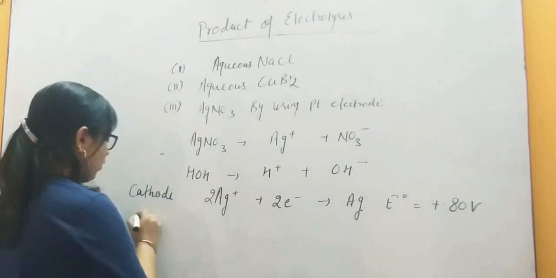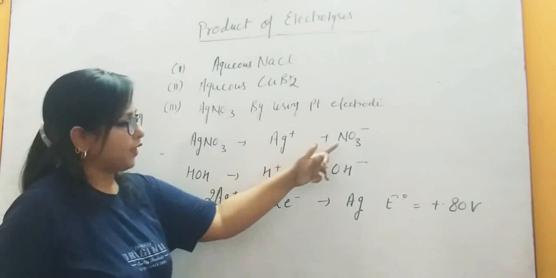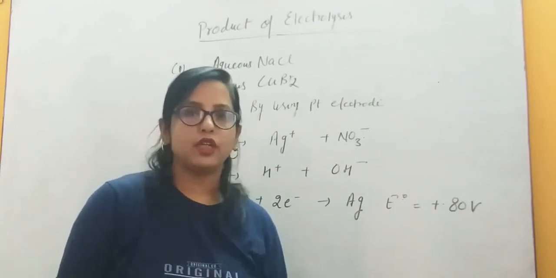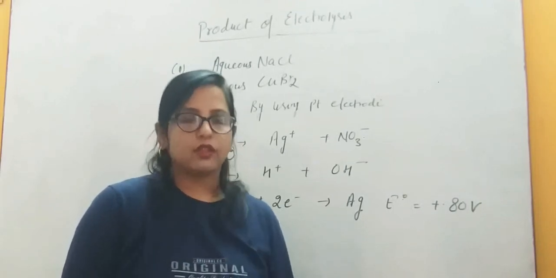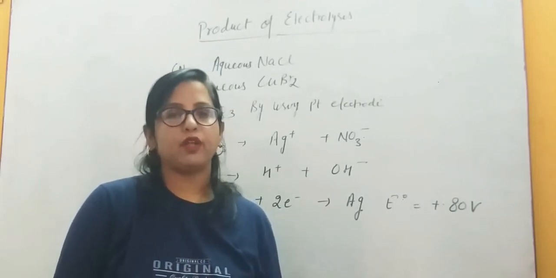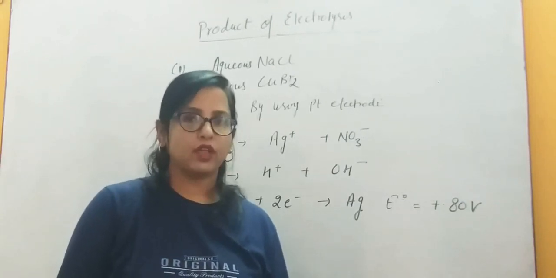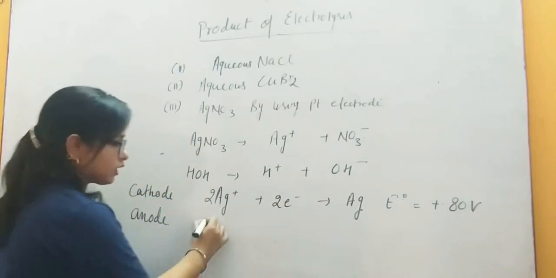So at the cathode, the possible reaction is reduction of silver ion due to its high reduction potential value. In case of the anode, we have nitrate ion and OH minus ion. Now nitrate ion, in which nitrogen is present in a very high oxidation state, is complex. That's why its oxidation potential value is very high and it cannot be converted into a further oxidized state. That's why oxidation of water occurs